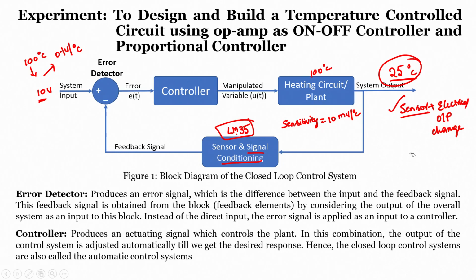So, when we look into the data sheet, the sensitivity of LM35 is 10 millivolt per degree centigrade, meaning 1 degree gives me 10 millivolt, right. So, since it is at 25 degree centigrade, when I see 25 degree, I will get 250 millivolt, meaning 0.25 volts, which I will write, is nothing but 0.25 volt. Now, if the sensor gives me 0.25 volt, since I am passing the input to this point, right, this is 10 volt, this is 0.25 volt.